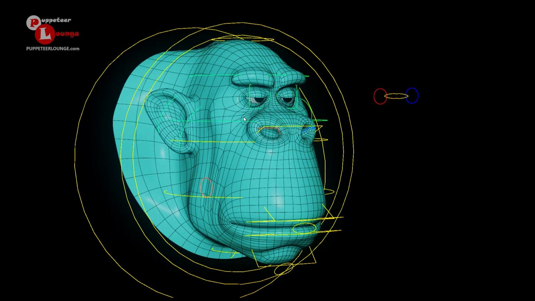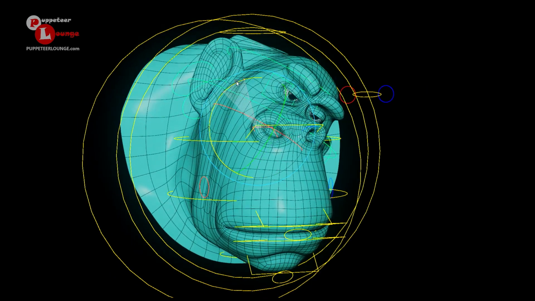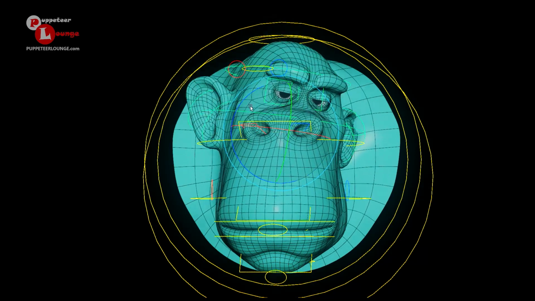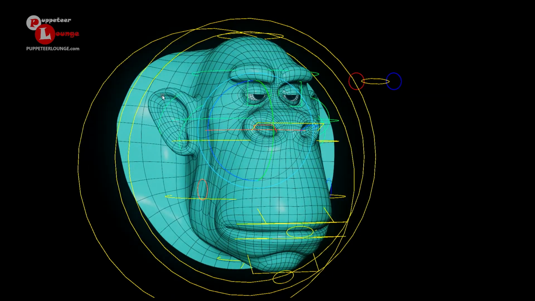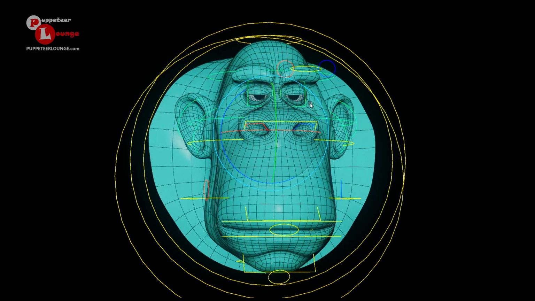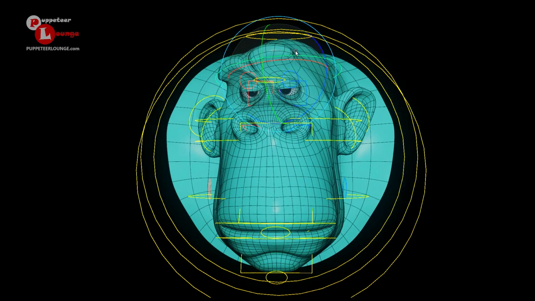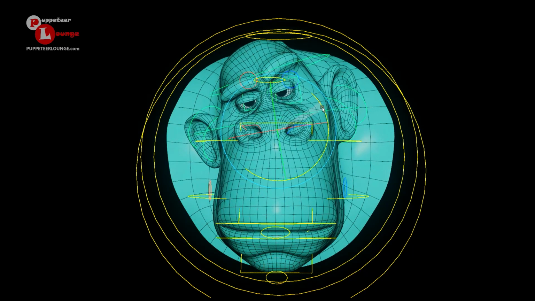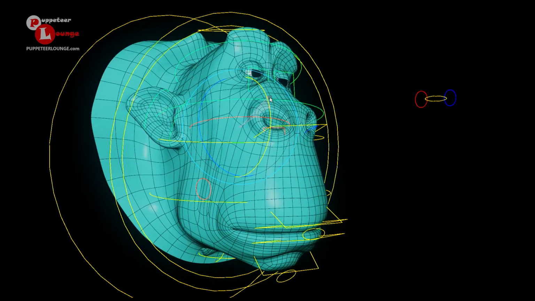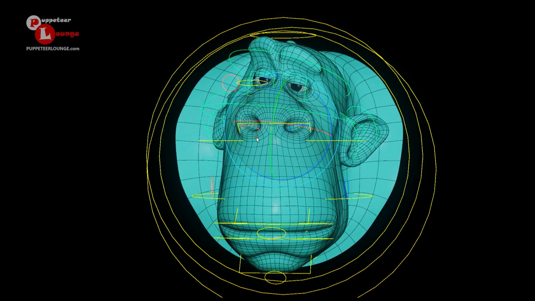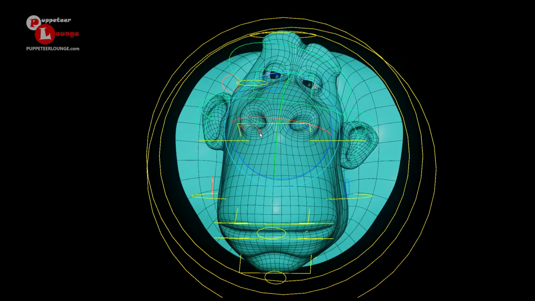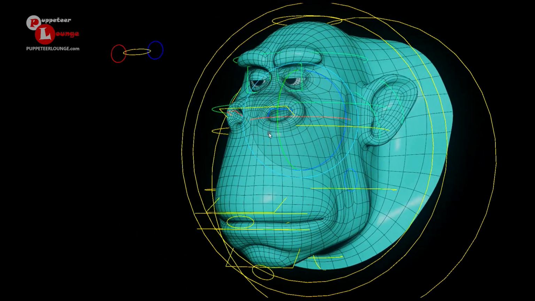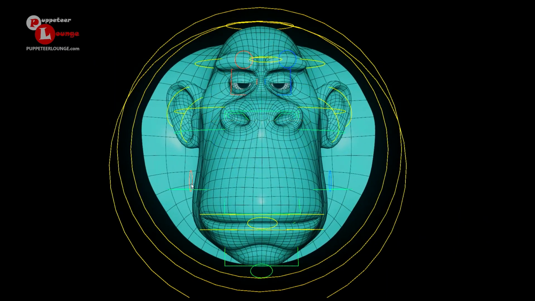So here is the other bendy controller for the upper head. You can see that this bendy controller is going to move the upper section of the head, including the ear and the upper eyes and the brow. And this one is just moving the brow and the upper eyes, just a subtle bit. Okay, together they will give you the bendy feature, which you can use to create stylized exaggeration, get nice arcs in character animation, and give you better poses.